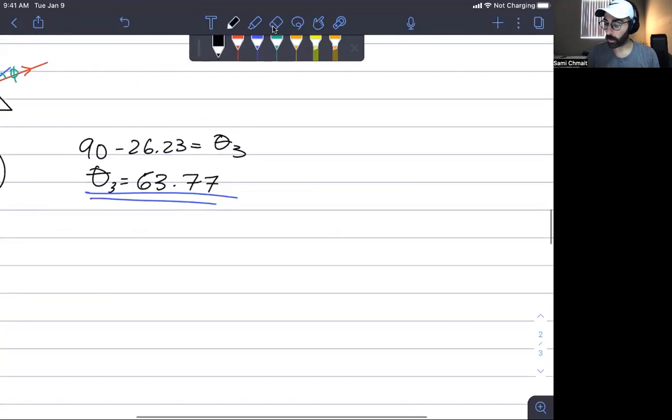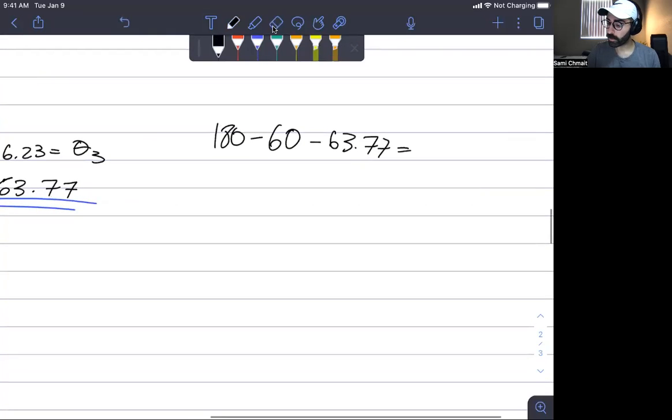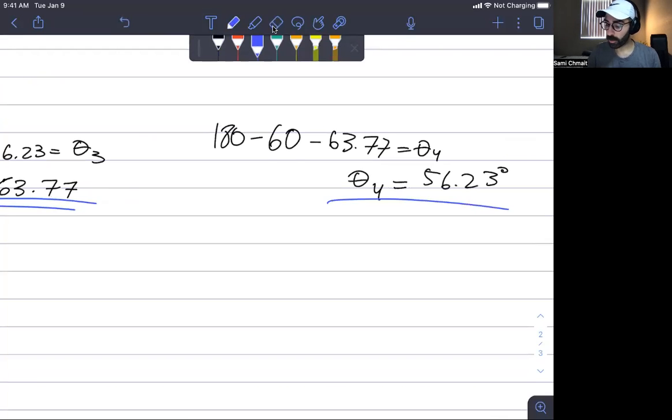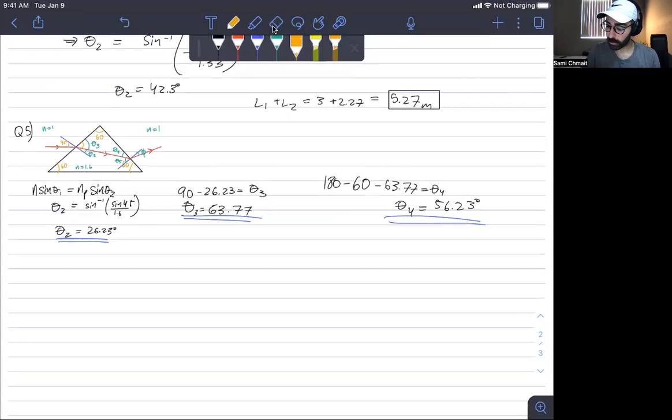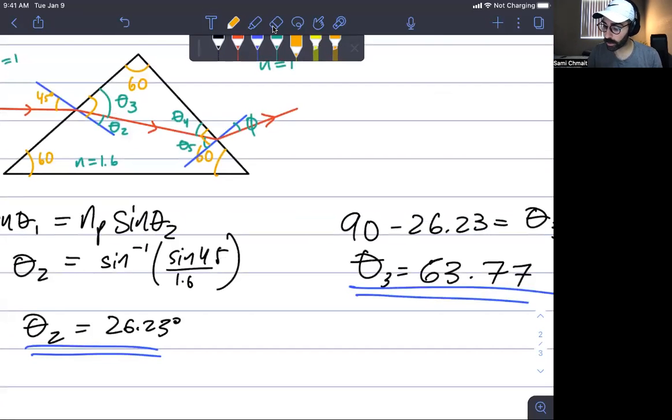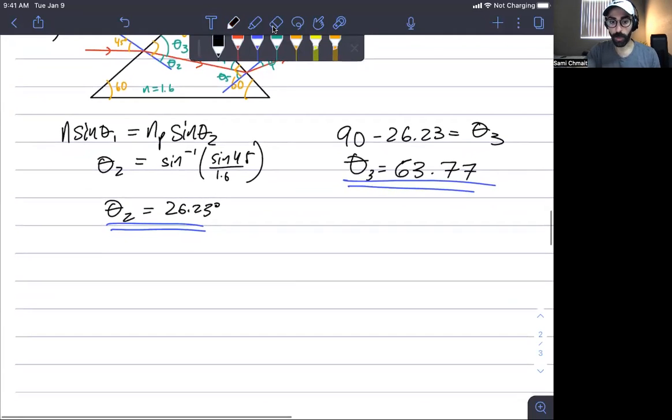We can say that 180 minus 60 minus theta 3, 63.77, is equal to theta 4. Theta 4 is equal to 56.23 degrees. All right. With theta 4, we can use that same principle where we know this is a right angle. So we can do 90 minus theta 4 is equal to theta 5. So theta 5 comes out to be, we just solve theta 4, plug it in, equal to